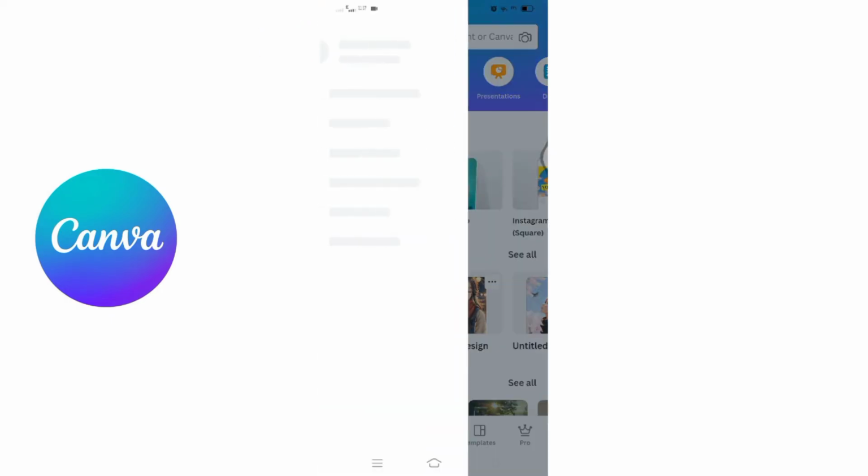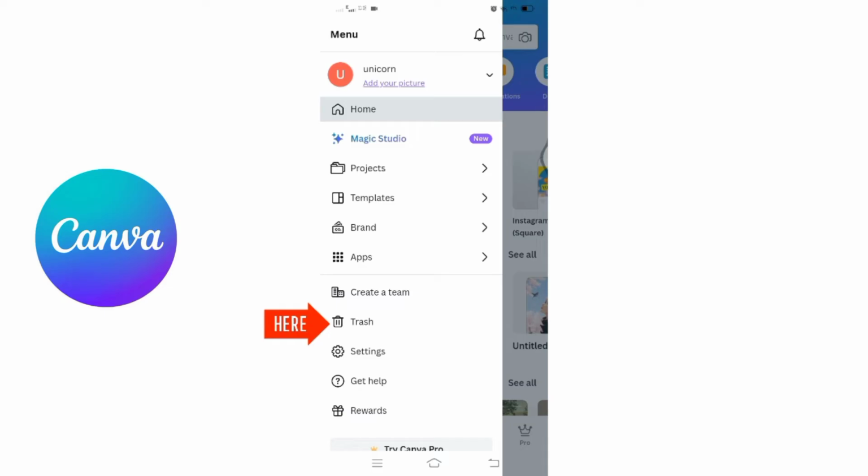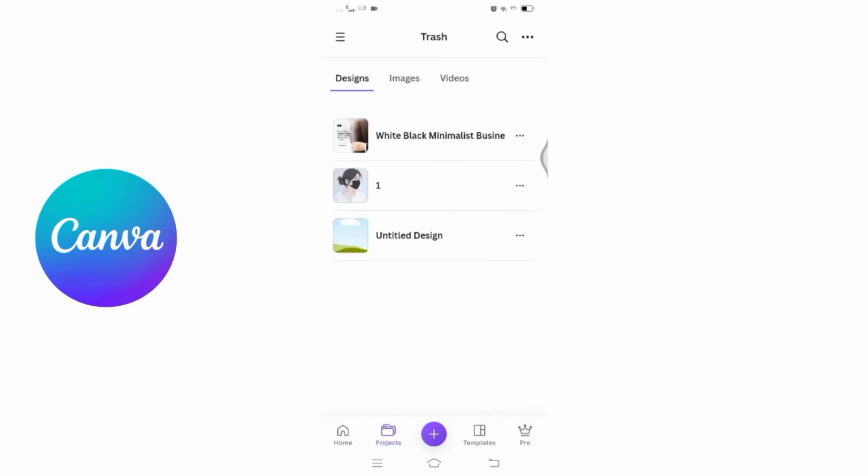Click on them and a window will pop up. At the bottom, you will find Trash option. Right below, Create a Theme option. Click on it to view all the designs you have moved to trash previously. In the trash section, you will only see the designs that you have moved to the trash, not those that